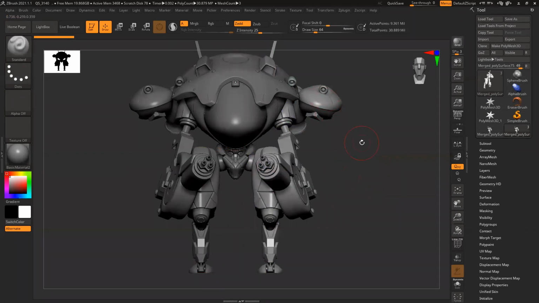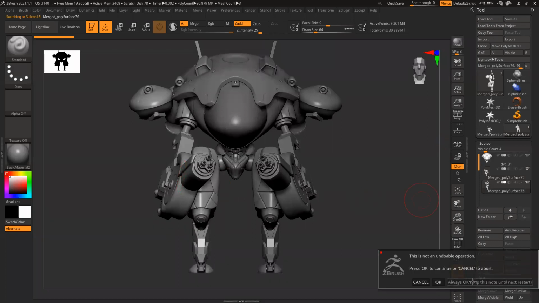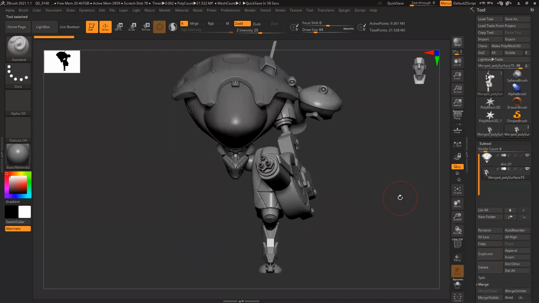What I have done is kept this entire body, which is symmetry: this leg and arm, all those things. One part is symmetry and the other part is not required, so I'll delete this section and keep only one section, because in low poly this part of the UV is also overlapping. Once I bake it, then I'll symmetry my model.